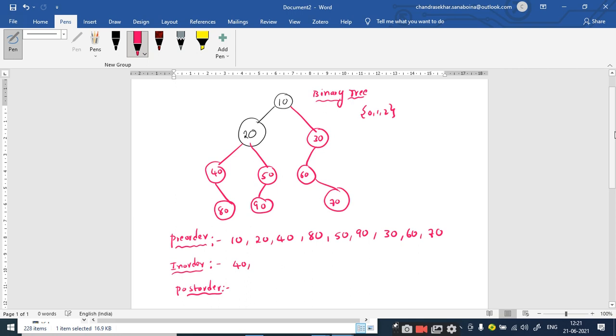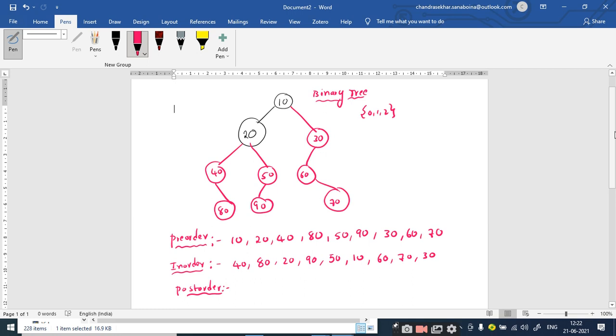Super. 40, after that it is done with, and next 80, okay, 20, super, 90, super, next 50, okay, 10, super, 60, 30, 60, 60, 70, and 30. 70 and 30, super. Now tell me the post-order traversal.